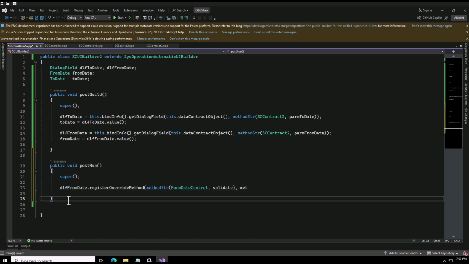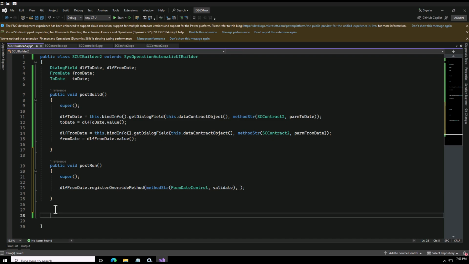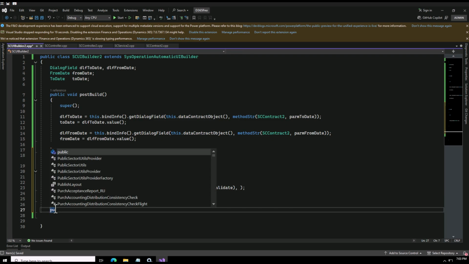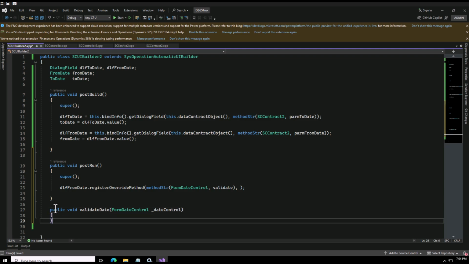So basically what I will need to do, let me put a comma first here, else I will get trouble. So here let me do this. I can say public void validate date, something like this. I can say here form date control, form date control. Here I can say date control. Now here I can put my validation, and so what I can do, I can say if my date control,